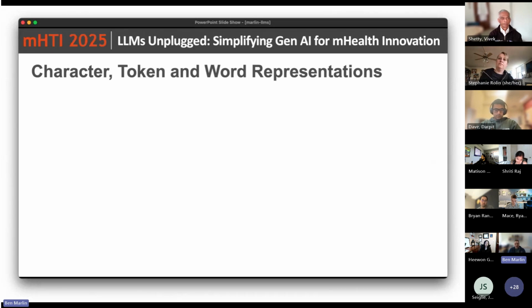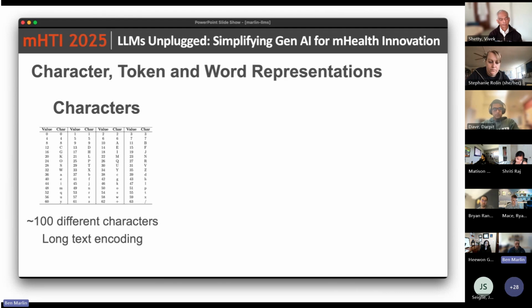So this idea of the level of the language model is a little bit interesting. You can build these models in different kinds of representation spaces. You can build a language model at the character level. What that means is we're using the letters of the alphabet, maybe different punctuation, numbers, and things like that as the base representation. There may be a few hundred different characters that we would consider if we're looking at plain text. If you're looking at Unicode and you have emojis and things like that, it gets a little bit more extensive. But if we're looking at just regular letters, numbers, and punctuation marks, there's maybe on the order of 100 different kinds of characters that you would need to represent.